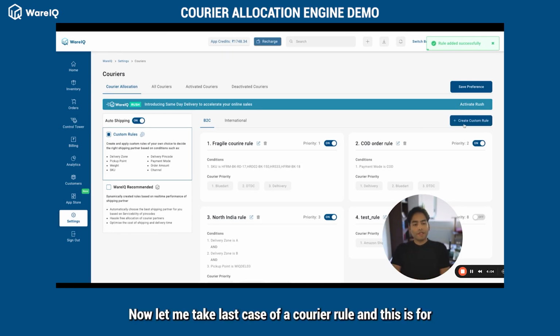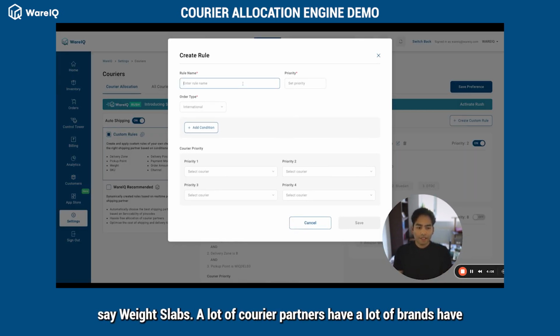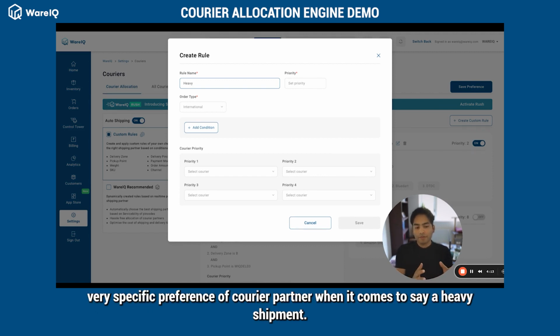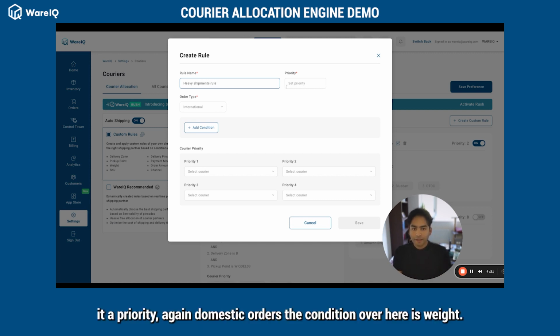Now let me take the last case of a courier rule, and this is for say weight slabs. A lot of brands have very specific preferences of courier partner when it comes to say a heavy shipment. So I'm setting up a heavy shipment rule, assigning it a priority,